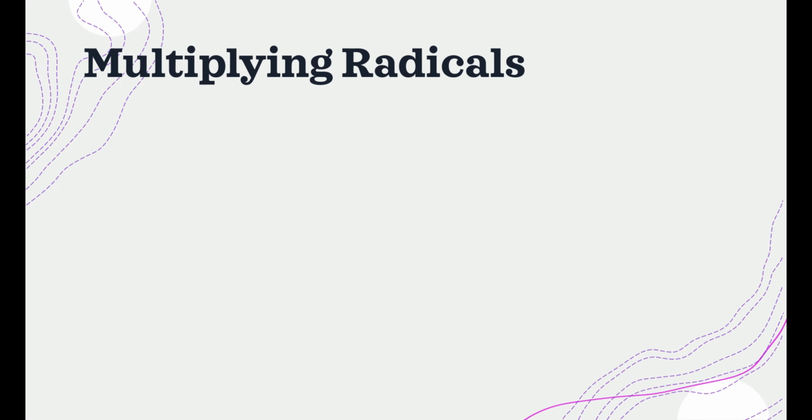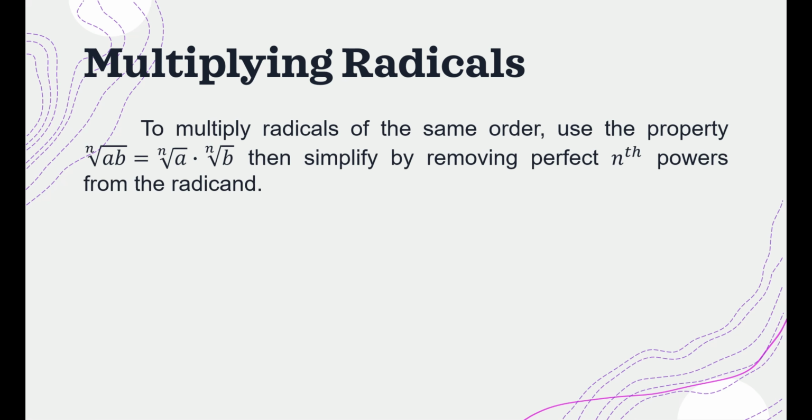There are rules that we have to follow in multiplying radicals. To multiply radicals of the same order, use the property nth root of a times b equals nth root of a times nth root of b. Then simplify by removing perfect nth powers from the radicand. For example, square root of 3r squared s cubed t raised to 5 times the square root of 12r cubed